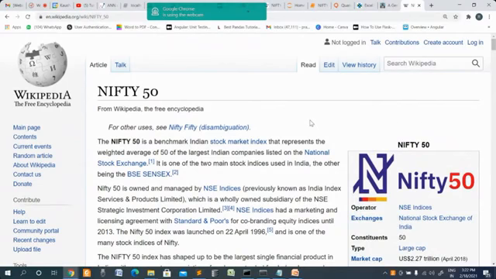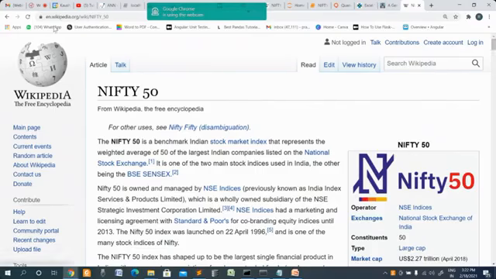NSE is the National Stock Exchange. So it is going to get us the top 50 benchmark. They publish what those top 50 companies are.